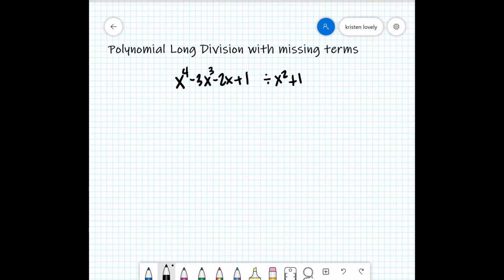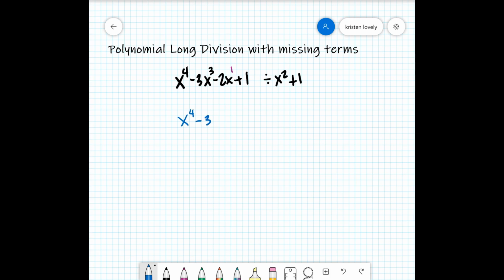Okay, let's do a polynomial long division problem where we have missing terms. What I mean when I say missing terms is, if you look at this polynomial, it is written in standard form, but we are missing a degree of 2. We go from 4, 3, 1 to the constant. So that is pretty important when you're going to rewrite this problem. We have to account for missing terms